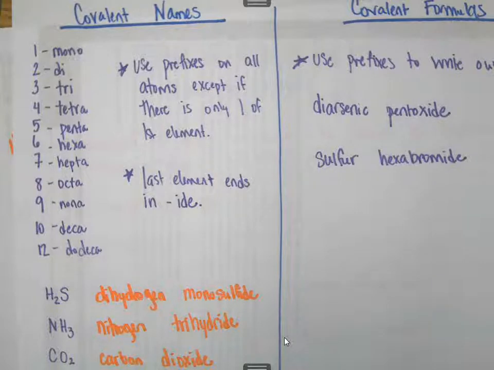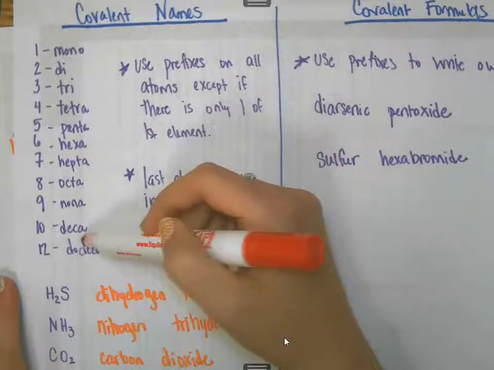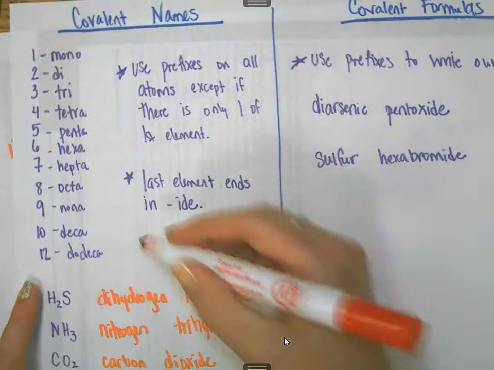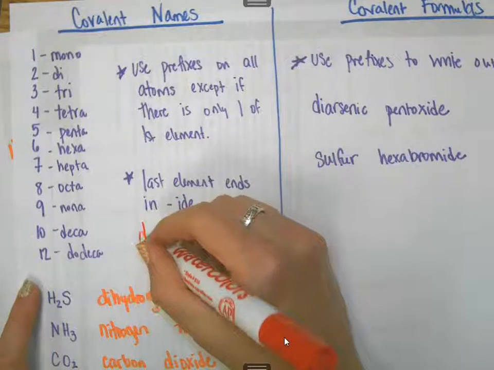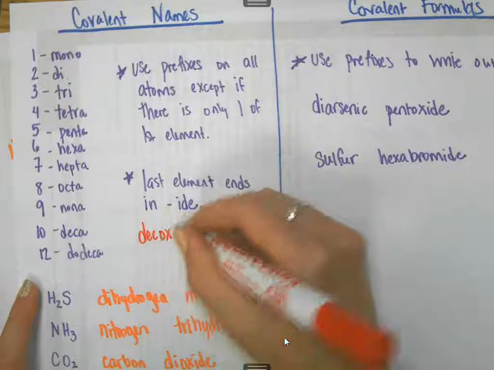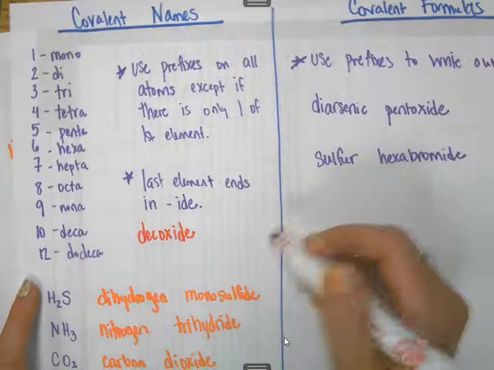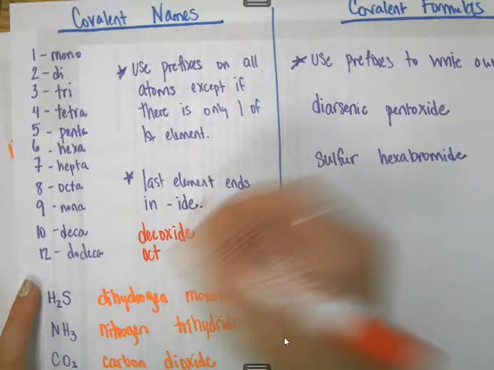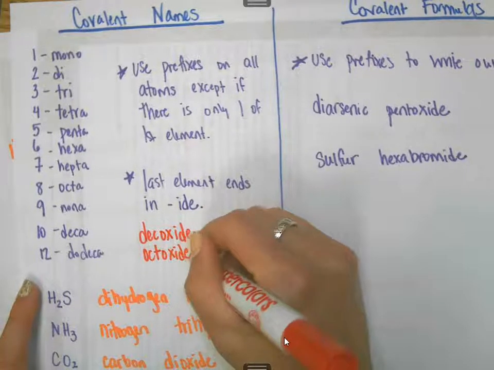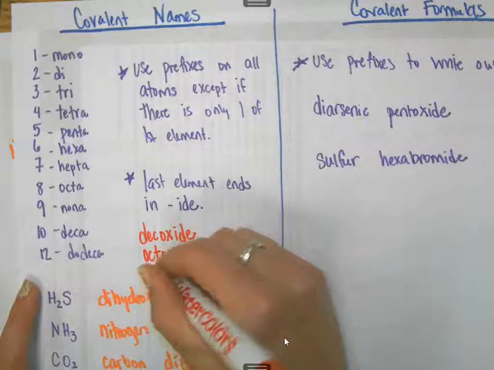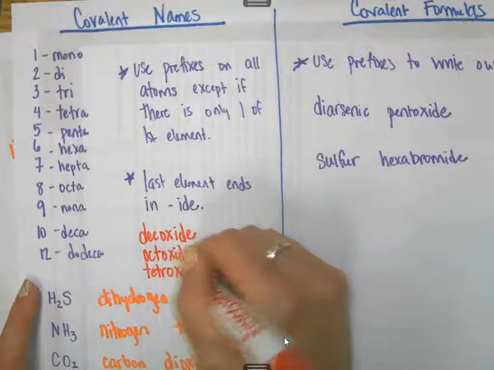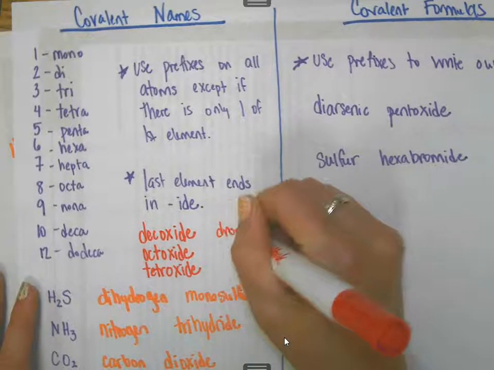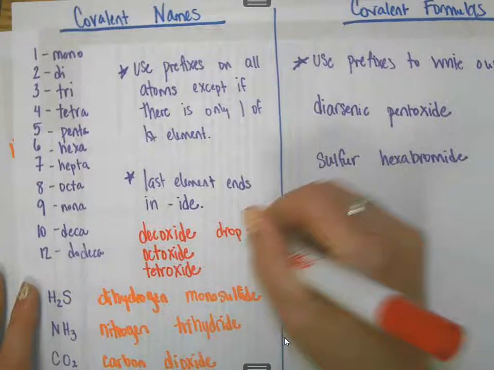Something else that's worth noting if you want to really do well at this is that if you have any of the prefixes right here that combine with oxygen, any of the prefixes that end in A or O, like if you're going to put deca with oxygen, you drop the A, and it becomes decoxide. Octa with oxygen would become octoxide. Tetra, it's kind of a funny one, would become tetroxide. It just makes it a little bit easier to say. So you would drop the A or the O